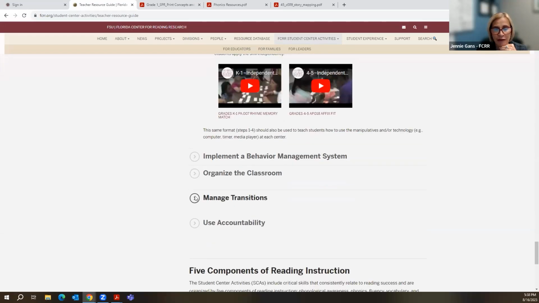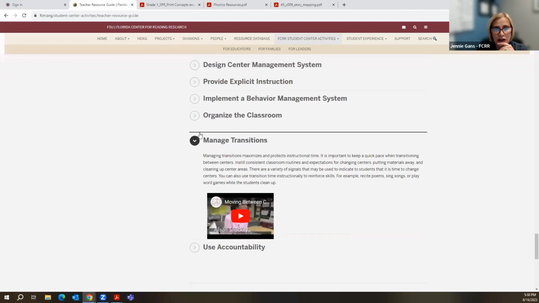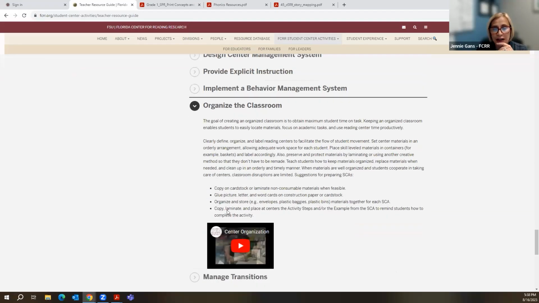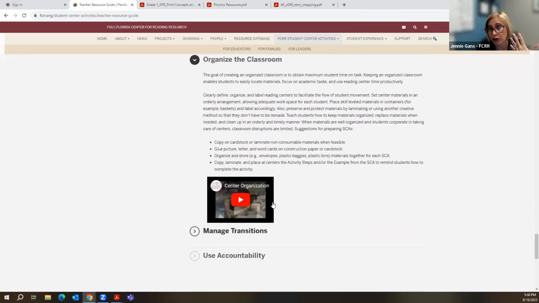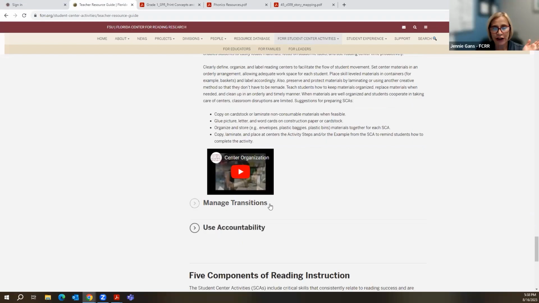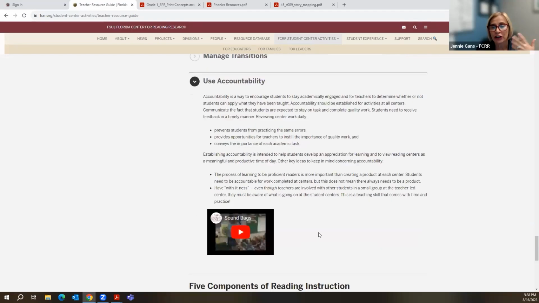And we also have managing transitions, using organization, how this 4th or 5th grade teacher, an older elementary, organizes her centers so that the kids who are much more independent can just take them and go versus some of our younger friends. And then we have a kindergarten teacher talking about accountability and how even at the kindergarten age range, we can teach our children how to use these properly and be accountable for their time when they're not with the teacher.